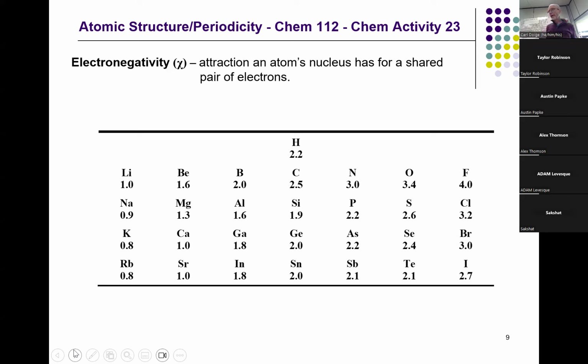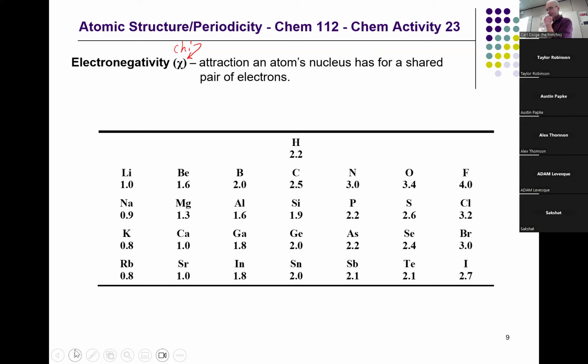I should also mention that because the word electronegativity can be tedious to write out all the time, we sometimes just show its abbreviation. Technically, its abbreviation is the letter chi, which is also the abbreviation for mole fraction, but we do use it for electronegativity. I will be saying a whole lot more about electronegativity when we get to covalent bonding, very shortly.